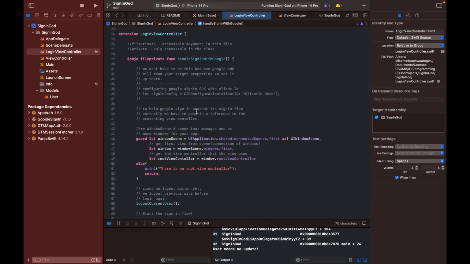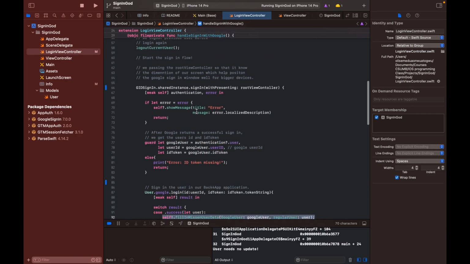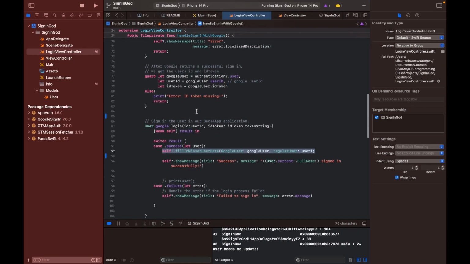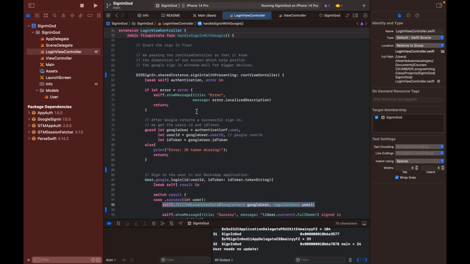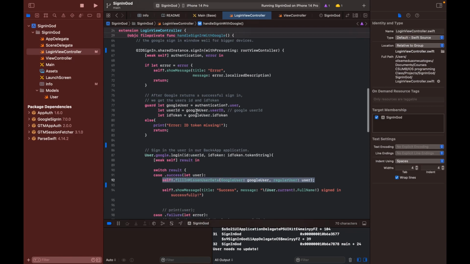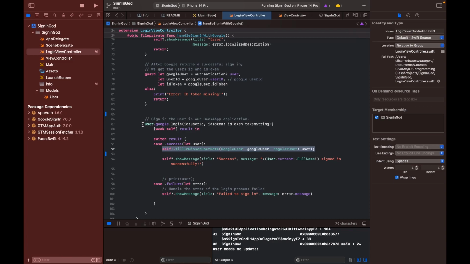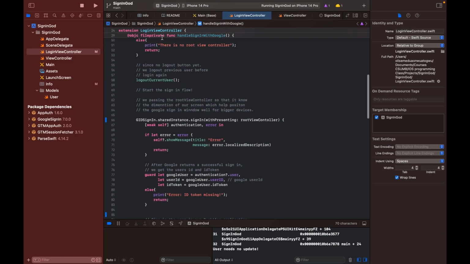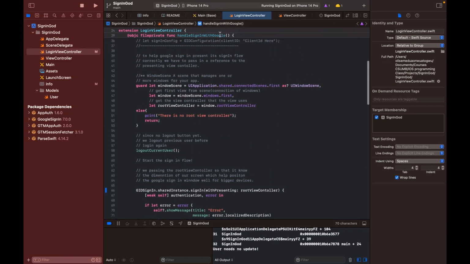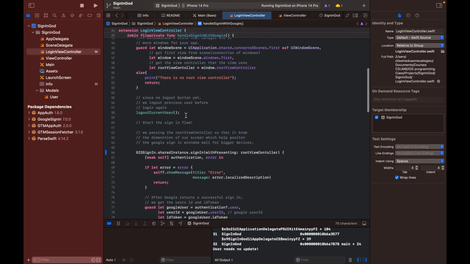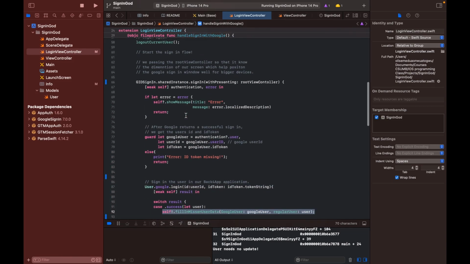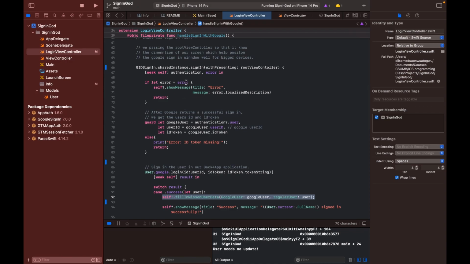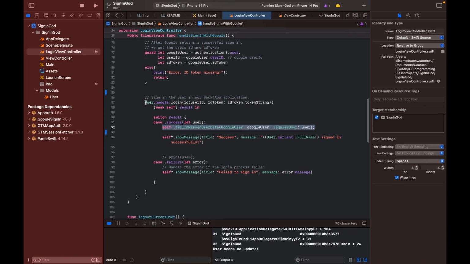Okay, that's what does the Google login. So the main thing is to find a way to configure, which I actually showed you, configure the Google SDK with your project, with your Google client ID. Once you do that, the next thing you have to do is implement handle sign in with Google, which we did here. So remember, the only step that is always different for everyone is how to now log in